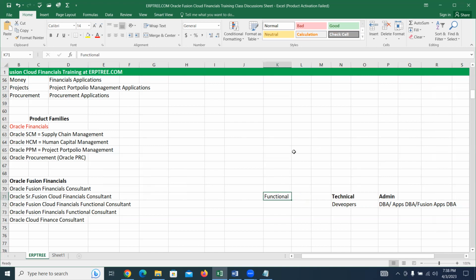Okay, functional means usage. Take the example of Facebook. You have been using Facebook for quite a long period, and it's a very simple application, maybe very useful for you, but simple. You can go and sign up. Don't need anyone's support. Once you sign up, here and there you can check, and you will be able to identify what is there, how it is there. Then you may start using.